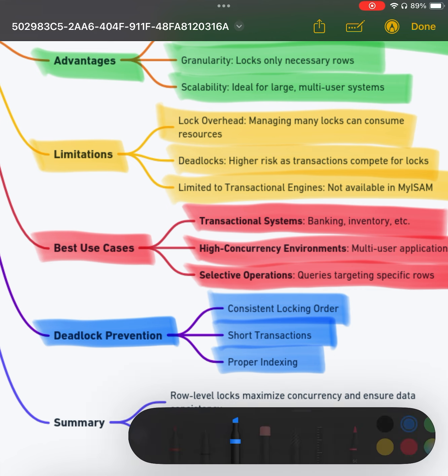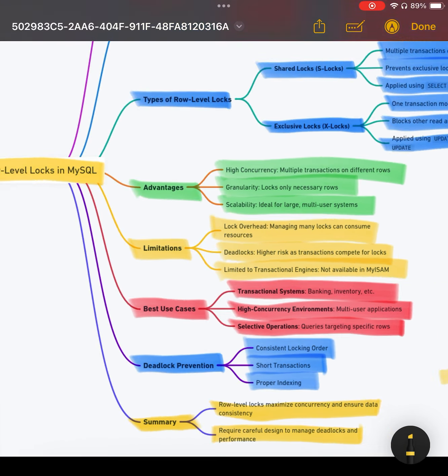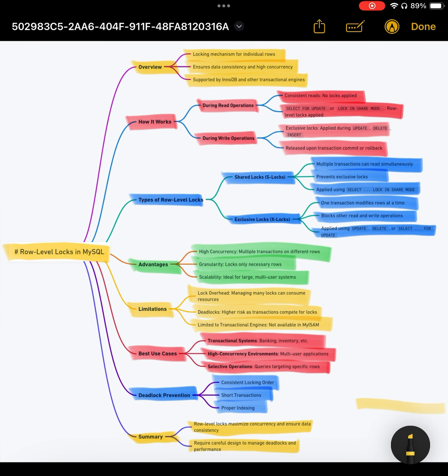8. Summary. Row-level locks are a cornerstone of high-performance transactional databases. They allow MySQL to maintain data consistency while enabling concurrent transactions. Though they offer scalability and flexibility, careful design is necessary to avoid deadlocks and lock overhead. By understanding their behavior and use cases, developers can leverage row-level locks to build efficient concurrent applications,